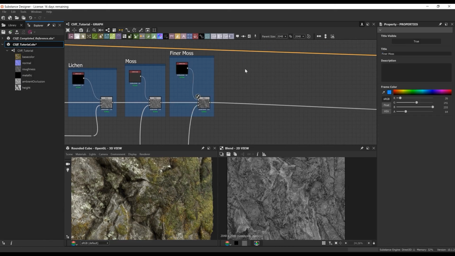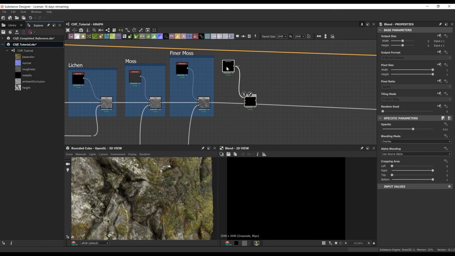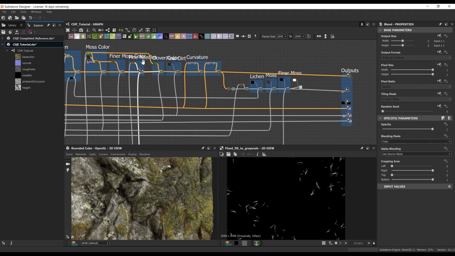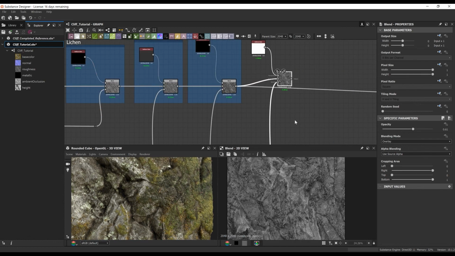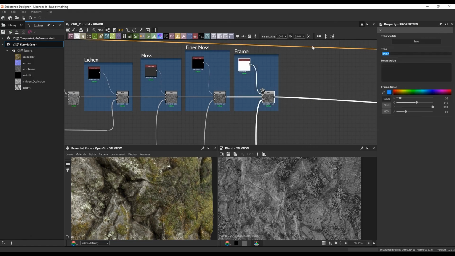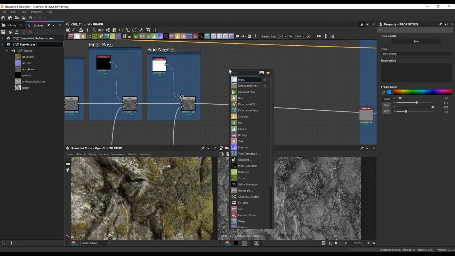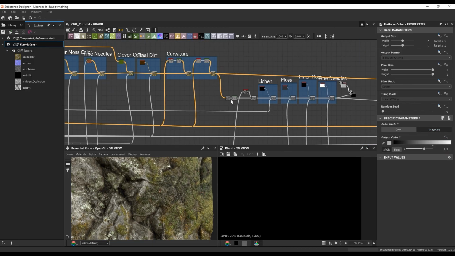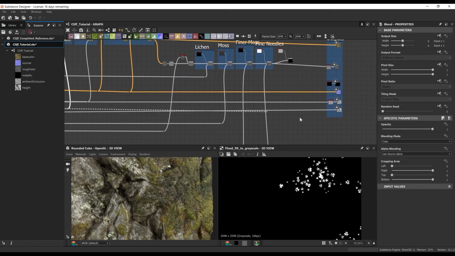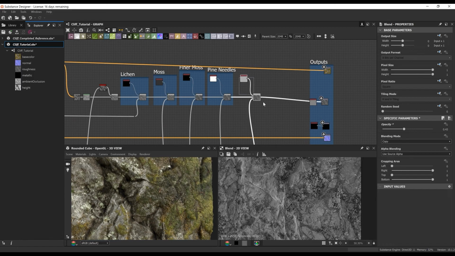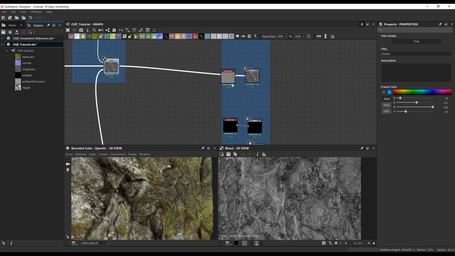Here I'm doing the pine needles again, finding where that mask was, and I chose a uniform color of white here, and then I'm just messing with the opacity, so feel free to mess with any of these values to see how they fit your needs. I wanted the pine needles to feel a little bit more rough, not as smooth. And finally, the clovers are coming in. That's one of the last masks that we're using here.